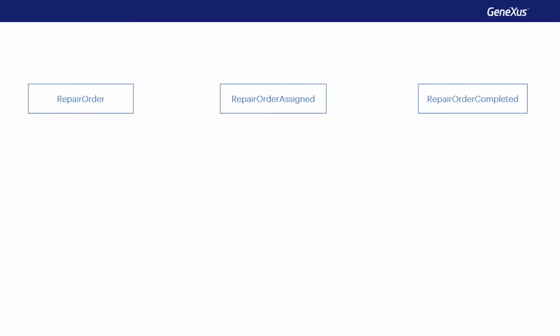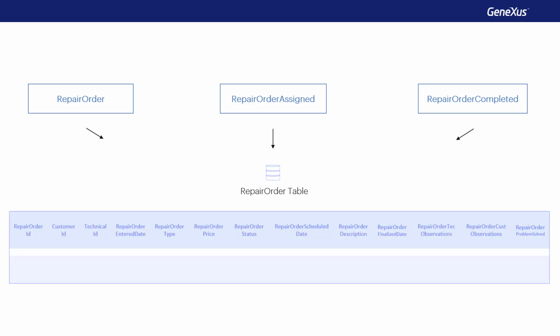At the database level, from the main levels of these three transactions, a single physical table will be generated, since, as we know, Genexus designs the database following normalization criteria. The generated table will contain the attributes resulting from associating the three transactions. When we enter a record from the first transaction, what happens then in the table of our database, with the attributes to which we haven't assigned any value yet? What value will they have?